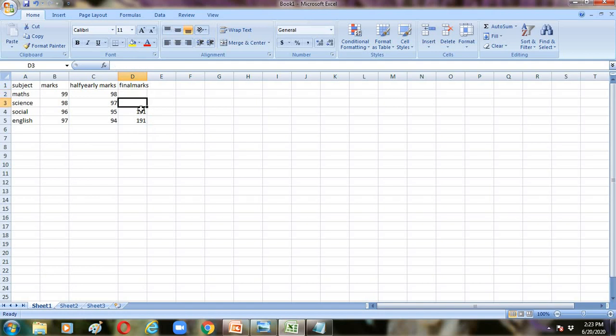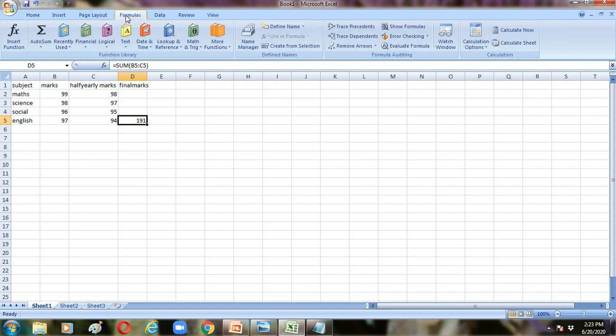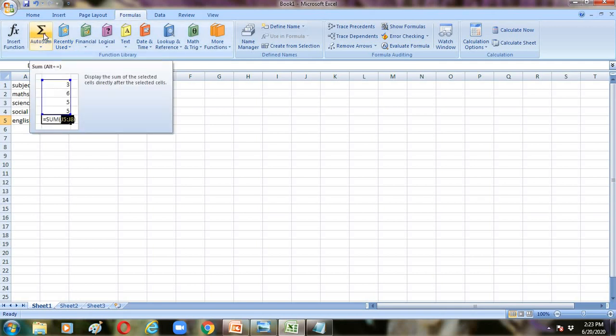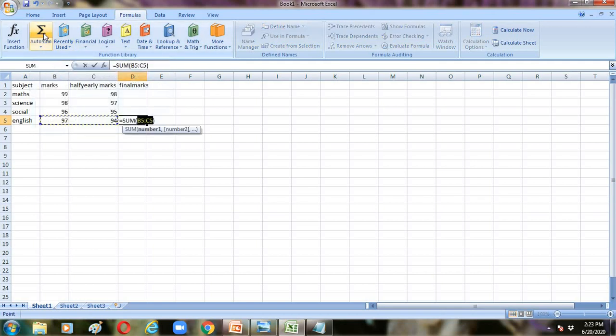And next, coming to the next one, go to the Formulas tab. The first one is on the Home tab, on the right side of your screen. Otherwise, one more place where you can find the AutoSum function is Formulas. Click directly here and you will get the AutoSum function. Just click on AutoSum.